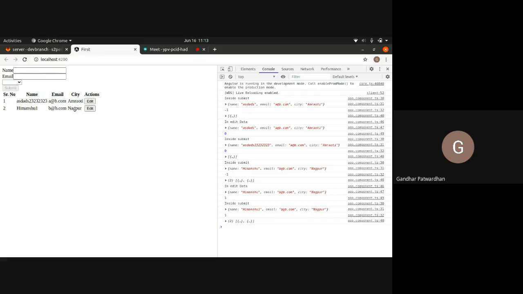Right now, okay, I don't want to overburden you. What you do is try these things today at home. What are you going to try? Create a form, right? Have a drop down also in that form. Try binding this drop down to your form, right? Then have a table. Inside that table, whatever values you are putting in the form, if you click on submit, you should get those values in the table, right? Once you get those values in the table, you should also be able to edit those values. That is what you have to try.